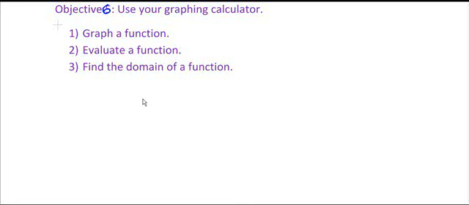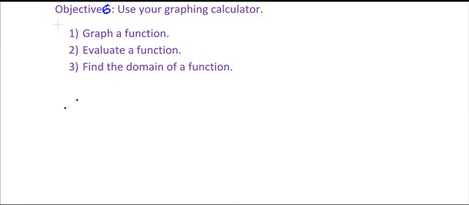Let's end our discussion with this section on how we can use a graphing calculator. What I would expect you to be able to do at this point is to use your calculator to graph a function, to evaluate a function, and also to find the domain of a function. So I want to look at two of the functions that we've discussed earlier,